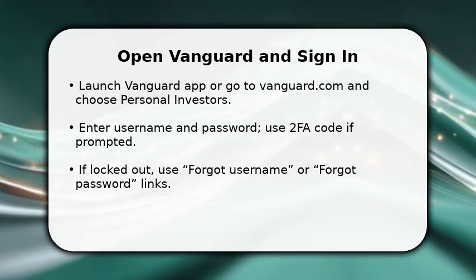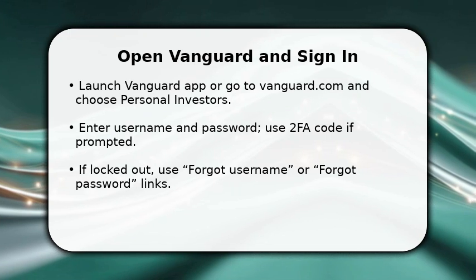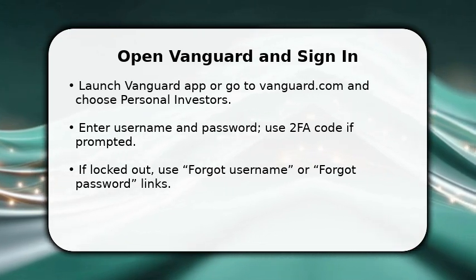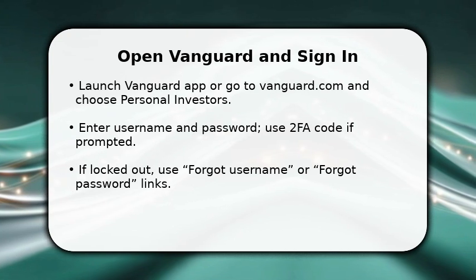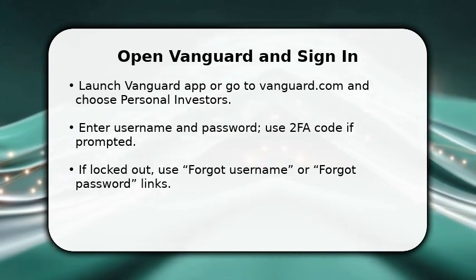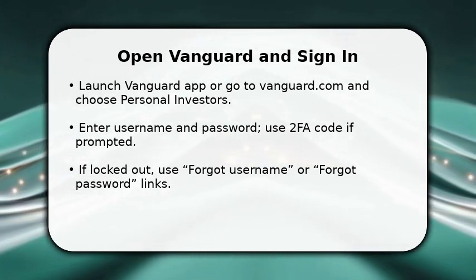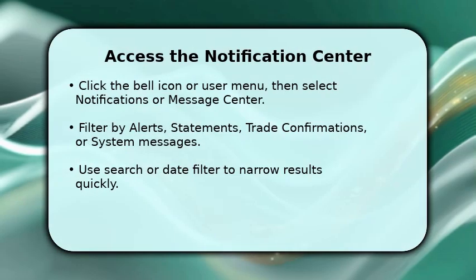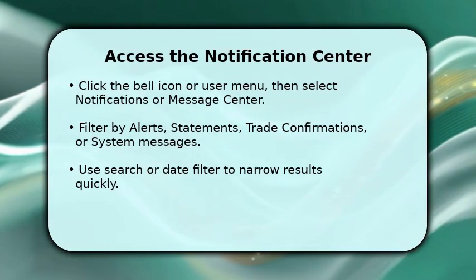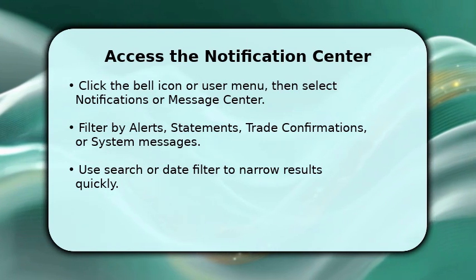Now navigate to the top right menu. You'll need to access the user icon or menu list to find the notifications link. That first click gets the system to fetch recent messages and alerts for you. Once done with sign-in, click the bell icon or open your user menu and select Notifications or Message Center so